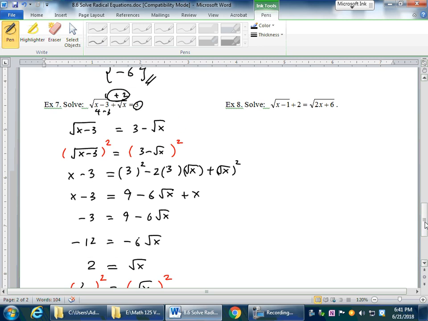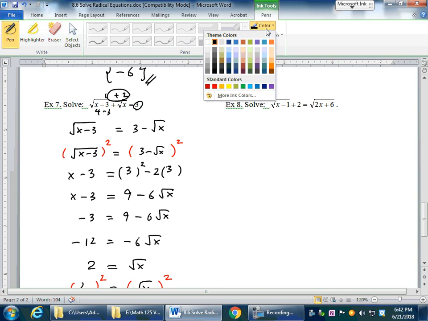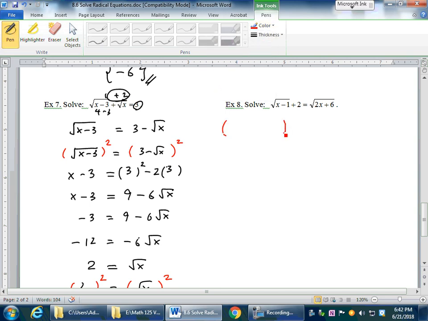Let's take a look at the next example. Very similar. But for this example, it makes it a little bit easier for us because the radical term on the right hand side is alone by itself already. So therefore, we can right away raise the power on the left and raise the power on the right. So this will become square root of x minus 1 plus 2, quantity squared, is equal to square root of 2x plus 6, squared. On the right hand side, square and square root cancel out, so it will become 2x